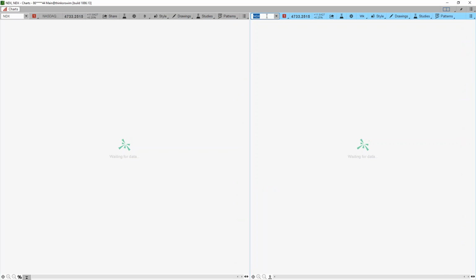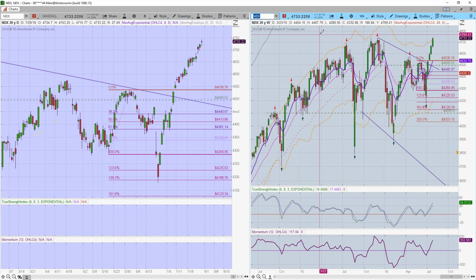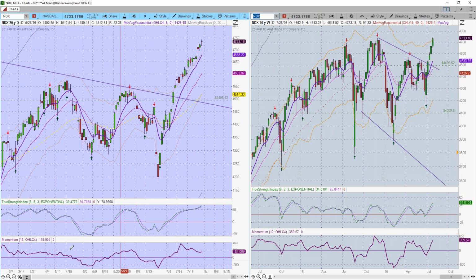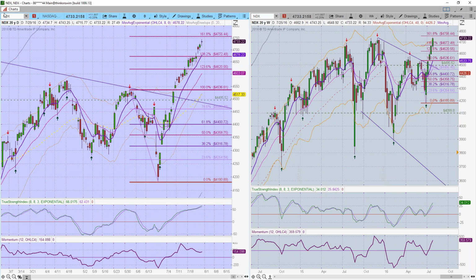NDX. Okay, let's get rid of that. I'm going to do the extensions from here down to here to see where we're looking at. And this week on the NASDAQ, it has pushed through the 1382 and is pushing harder up into this 1618. It too this morning came up and took out last year's high, as we see up here,